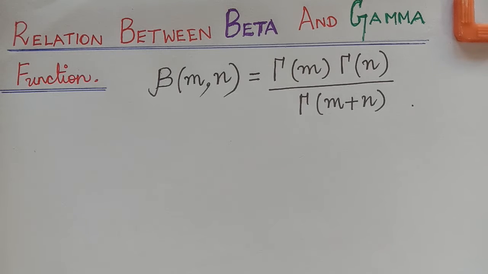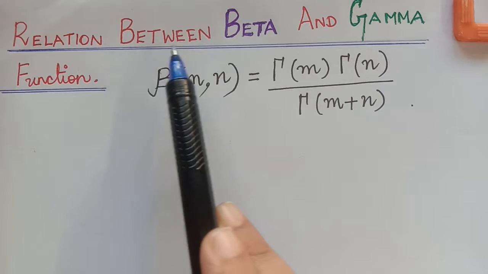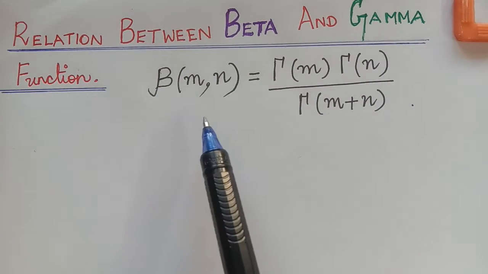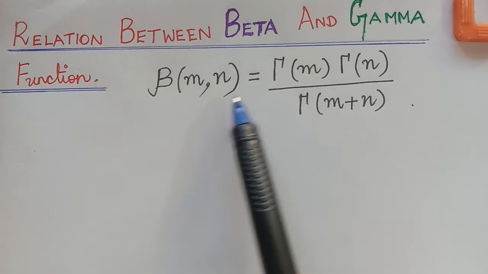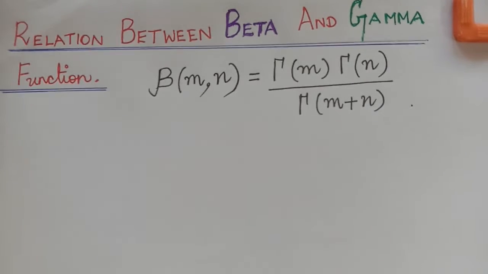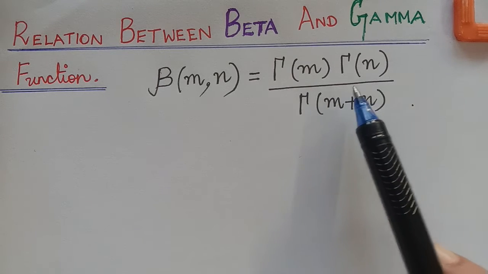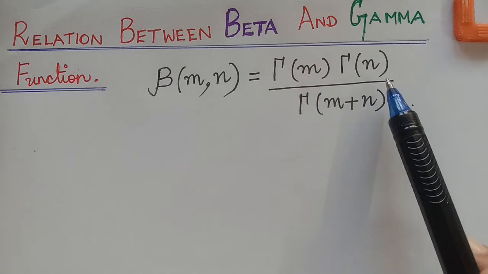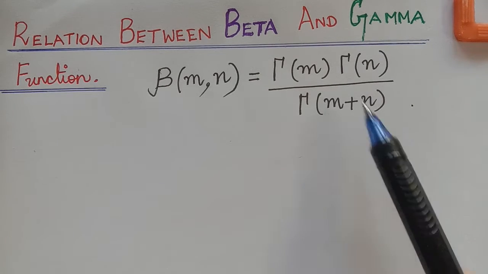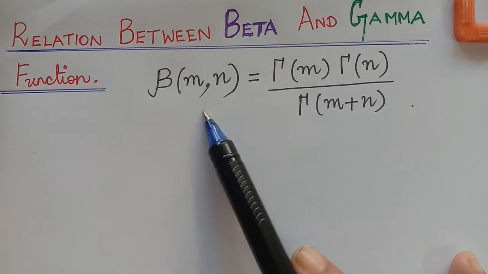Dear students, under the topic beta and gamma functions, here we have a very significant property. That is, we are going to find the relationship between beta and gamma functions. Now, the relationship between the beta and gamma function is given by beta of m comma n is equal to gamma of m multiplied with gamma of n divided by gamma of m plus n, where m and n are